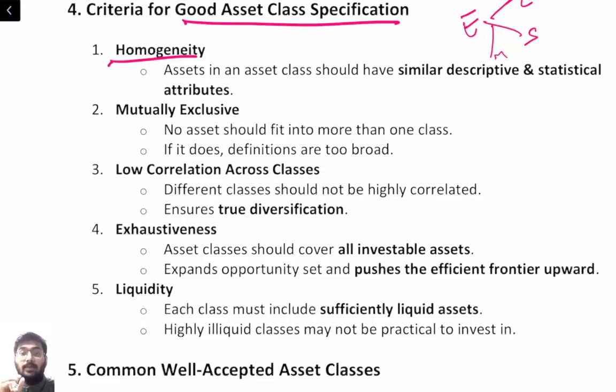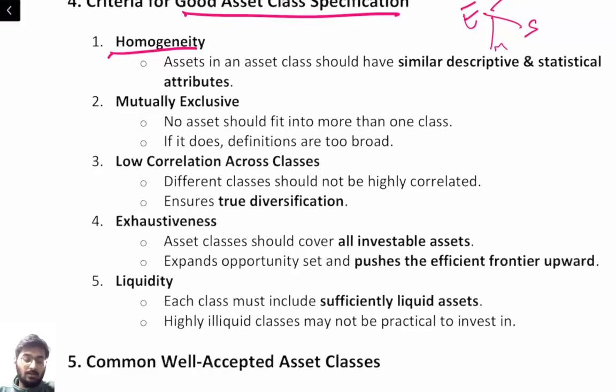An asset cannot be in two asset classes at the same time, otherwise it will create confusion. If gold is sometimes treated as a commodity and sometimes as a currency, the classification is weak. If there is confusion, the asset class definition is too vague. For an investor, it becomes very difficult: suppose I give my money to you, an analyst, and say don't invest my money in the currency segment. If you classify gold as a currency, will you be able to invest? The answer is no. So proper classification is important.